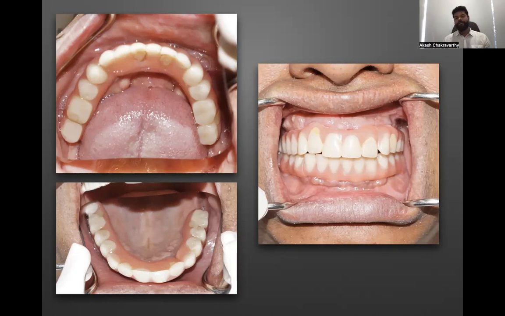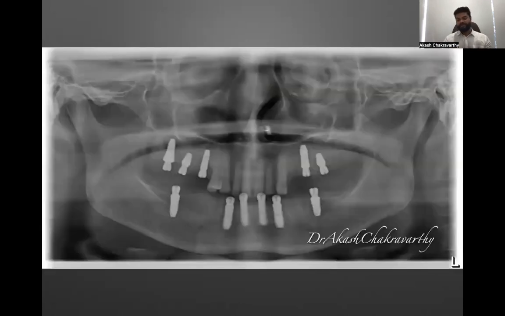That is because the age at which patients are getting their implant treatment done is coming down and down. We have younger and younger patients who need full arch fixed prostheses. So the demands are much higher in terms of aesthetics, in terms of phonetics, in terms of the speed at which they get their fixed teeth. So this was troubling us.